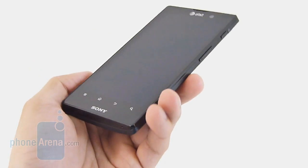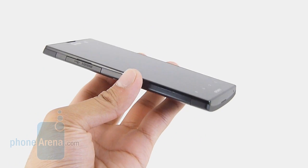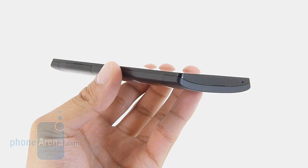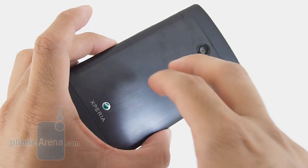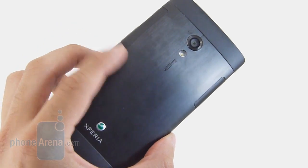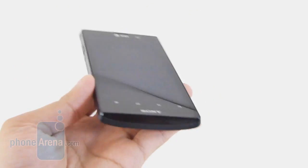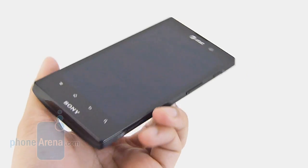Much like some of the other recent Xperia devices out there, the Ion follows with the same exact design characteristics. It has a curved back cover. It's a little bit larger, so it's kind of unwieldy at the same time. Not the thinnest out there, but it's fairly streamlined. Weighty, just because of choice materials, but we like it because it gives it a good amount of durability, though it does display some smudging right there. Overall, it's a nice looking handset, decent, but not quite as attractive compared to the HTC One X or the